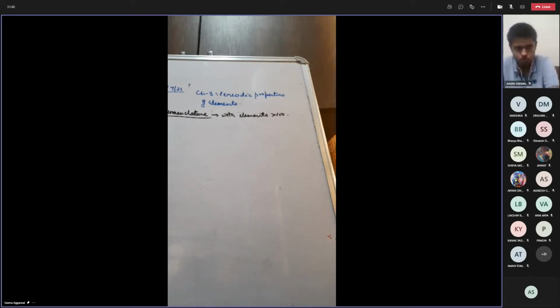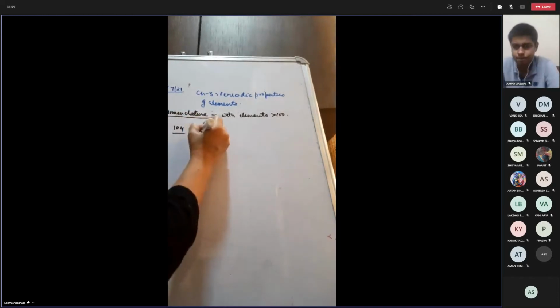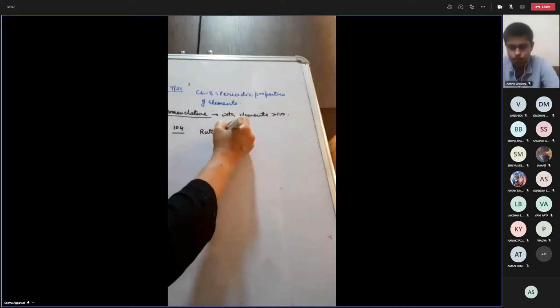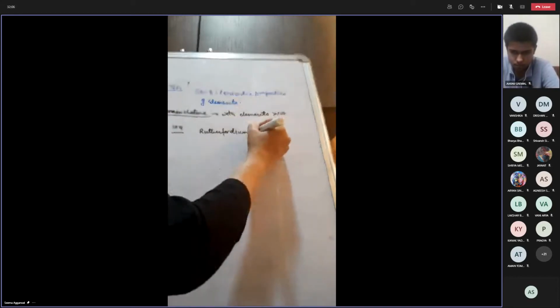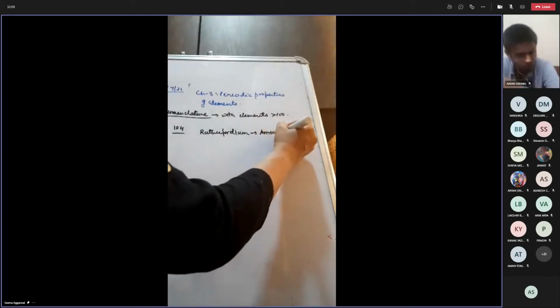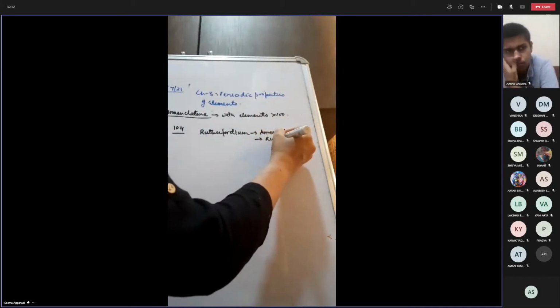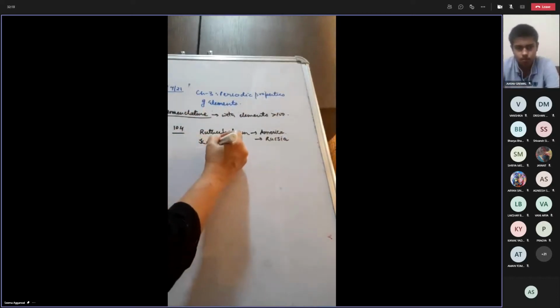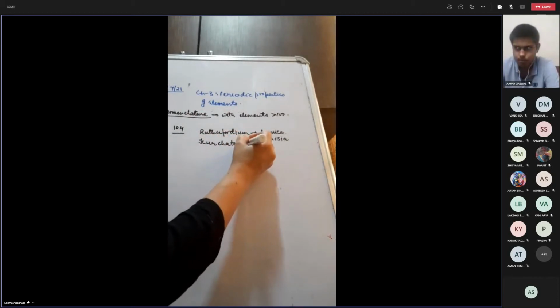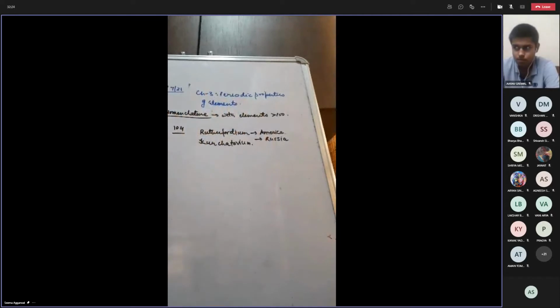Like there is an element called Rutherfordium, atomic number 104. It was discovered in America, so they tried to call it Rutherfordium after the famous scientist Rutherford. But simultaneously, this element was also discovered in Russia because a number of scientists were working on it. So when it was discovered in Russia, they tried to give their own name and call it Kurchatovium. So obviously there was a discussion about what the name should be. Both of them were adamant.